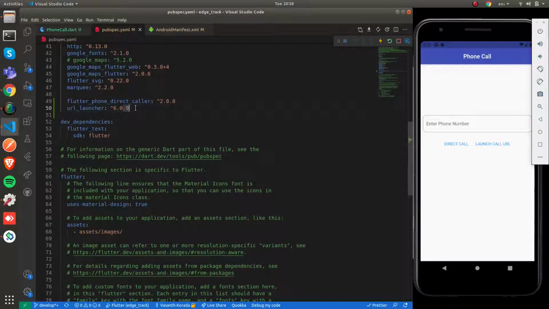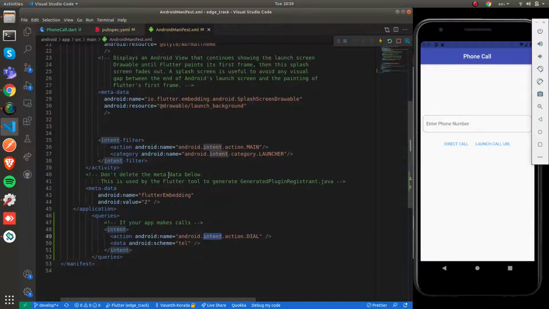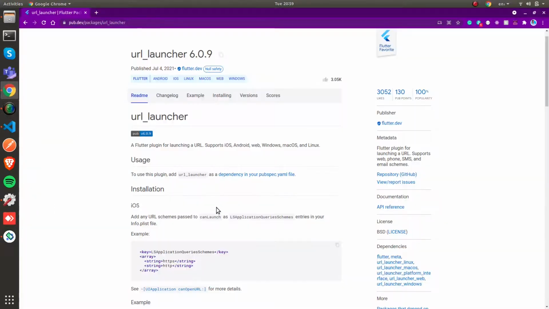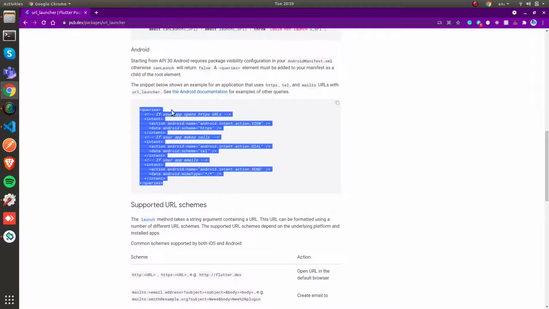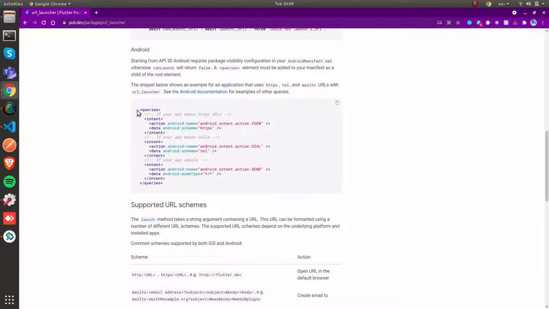The URL launcher requires a minimal setup. We need to add this intent under queries in order to make use of the call URLs, and this is specified in the URL launcher documentation. You can head over to the documentation and add it accordingly.